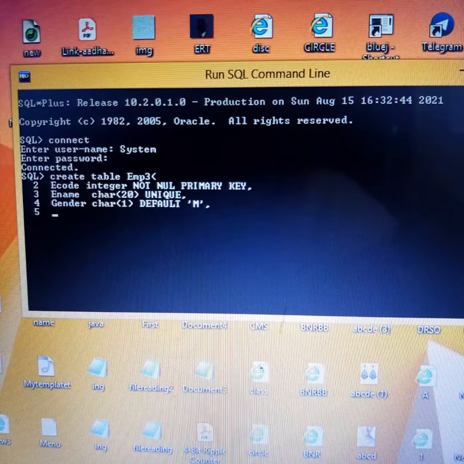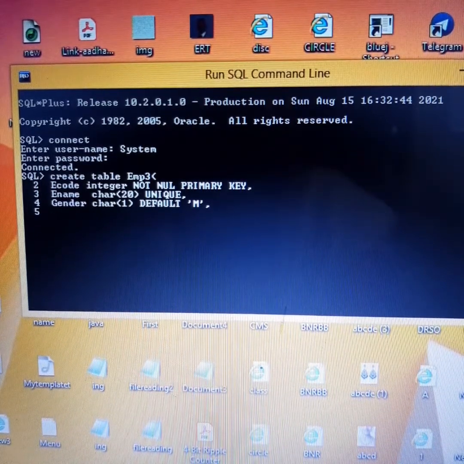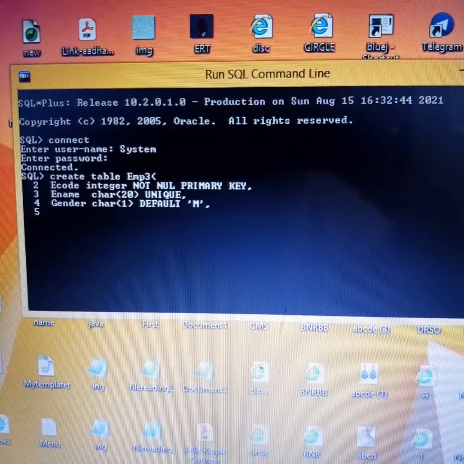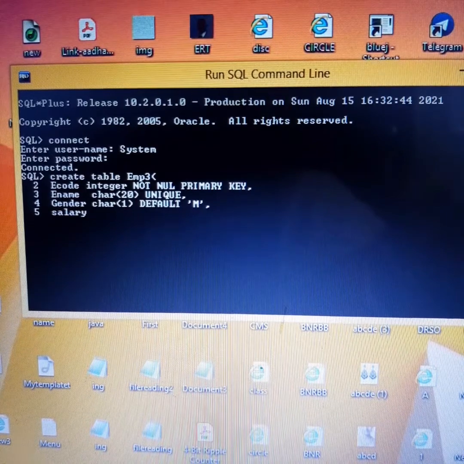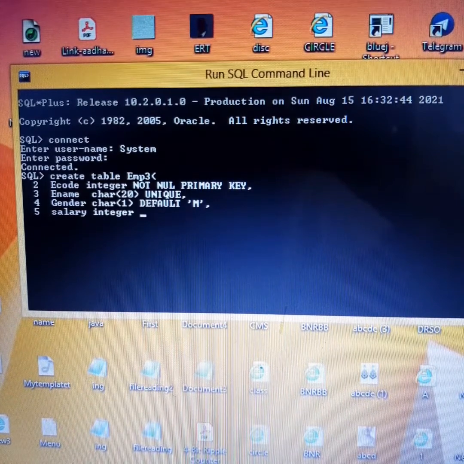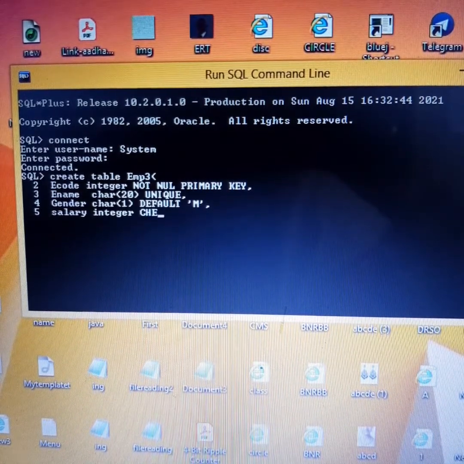Then if suppose I am keeping salary, so there I can use a check constraint that the salary should not be less than 10,000. It can be between 10,000 and 50,000. So I am writing as salary, integer, check.